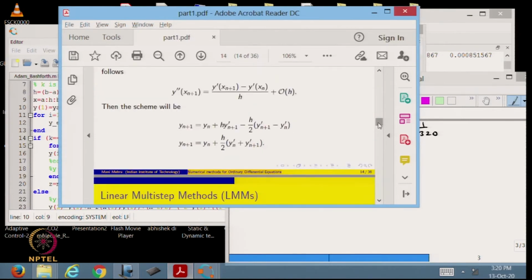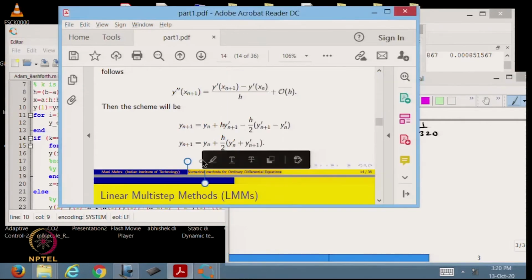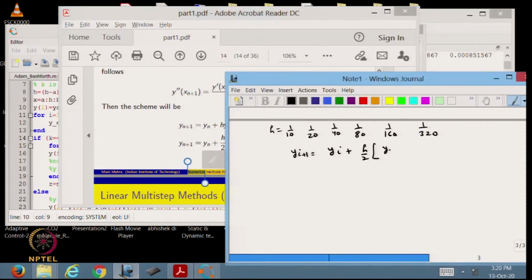So, basically y i plus 1 is equal to y i plus h by 2 times y i dash plus y i plus 1 dash, as you can see from here also. This is also called the trapezoidal method or AM1. Okay.